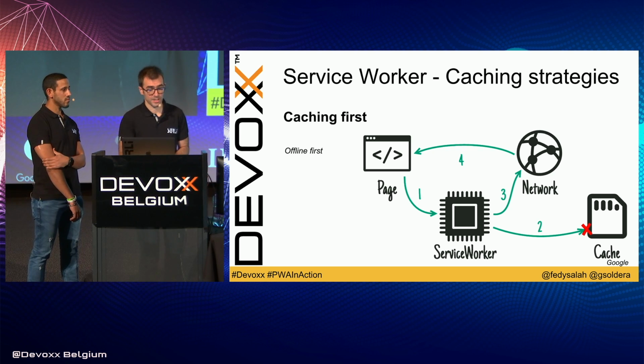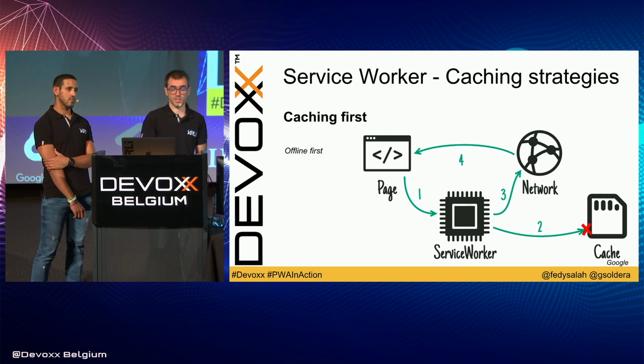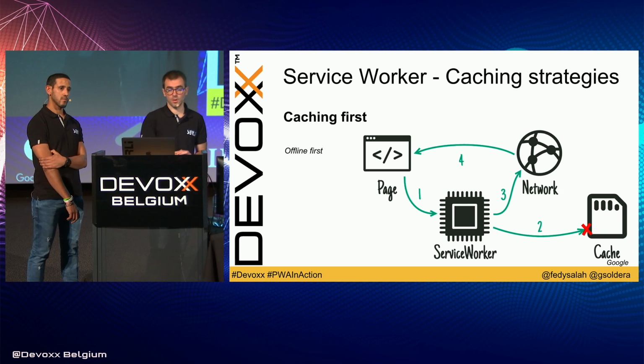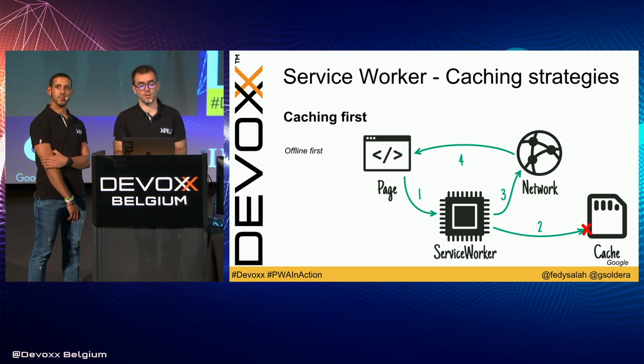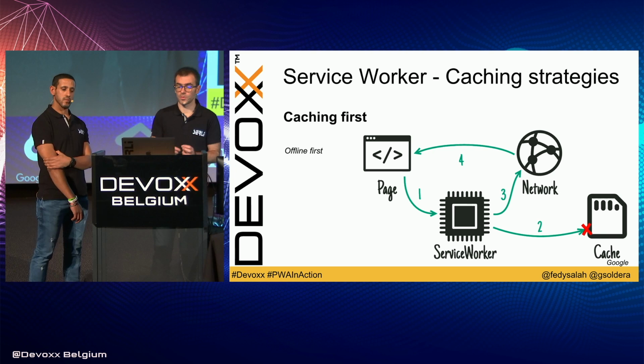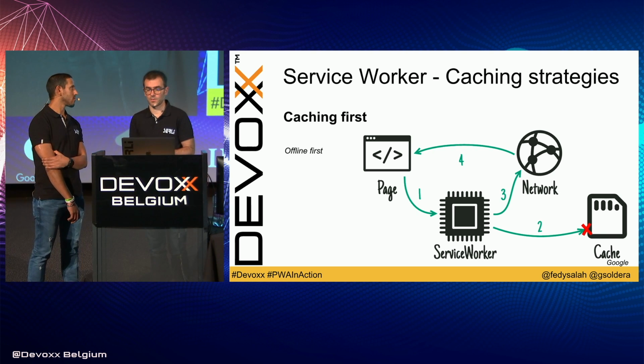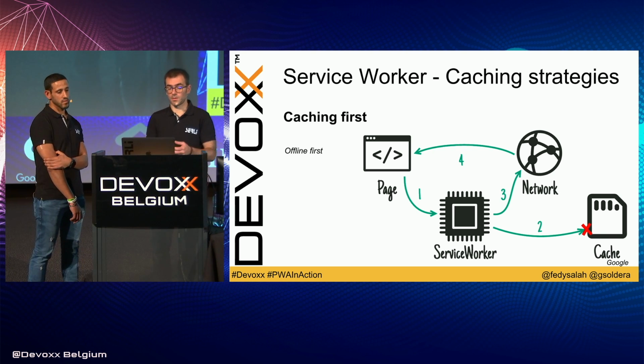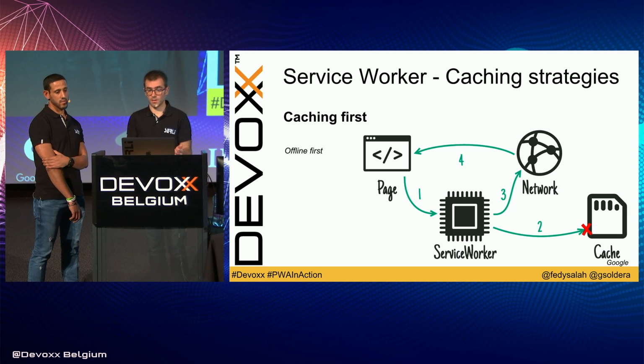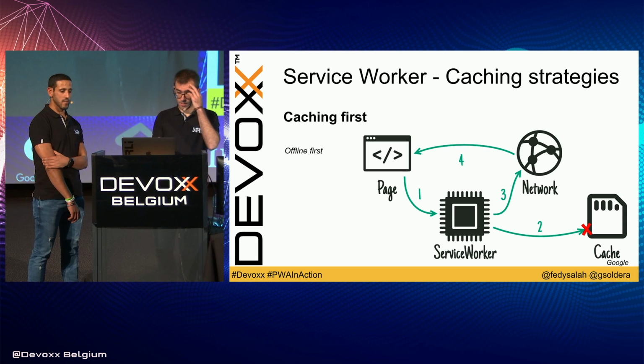You have the caching first strategy. If you want to build an offline first application, you can do that frequently. The service worker looks up into the cache first and falls back to the network if the response is not in the cache, or if some failure occurs, and then the response is sent